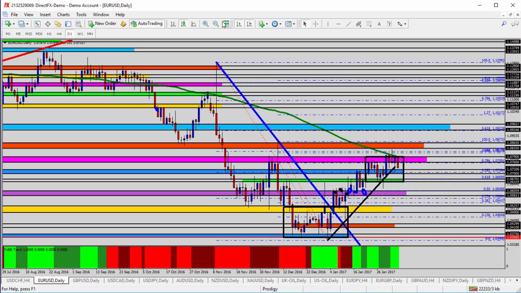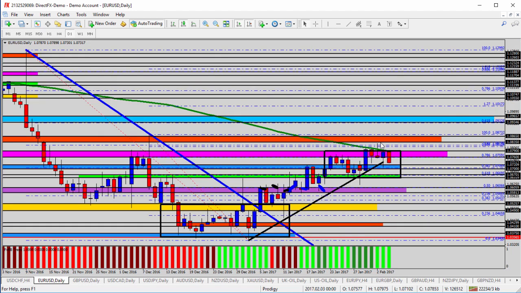Let's go ahead and zoom it in here because it's important for us to take a look at the 100 period moving average as another barrier of resistance right around the 1.0790, 1.0800 level. So today, 1, 2, 3, 4, 5 days finding resistance underneath that moving average under the pink zone. All in all, really what I'm trying to say about this currency pair is I don't think you want to go long as long as it's underneath that 100 period moving average. That just doesn't seem like a good idea for the past 5 days, going long